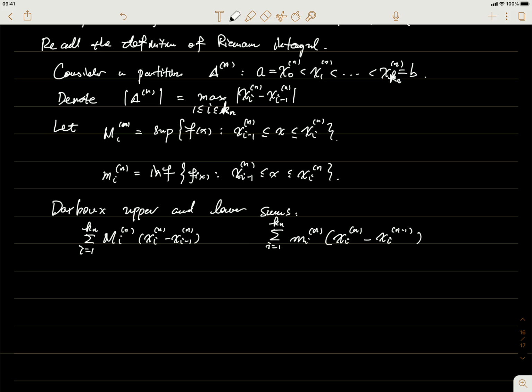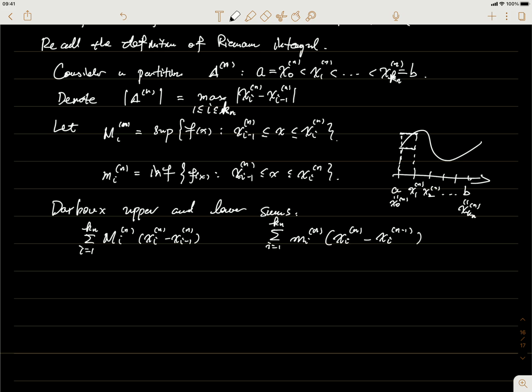Okay, so you'll know what this means. We have a function like this, defined over a and b. What we do is make a partition of that, and then we have x0, x1, x2, so on and so forth, up to the last one, which is x_{k_n}. I use the n here just to say that this is my nth partition. And then for each segment, I approximate the function. See here, this will be the uppercase M1, and this the lowercase m1.